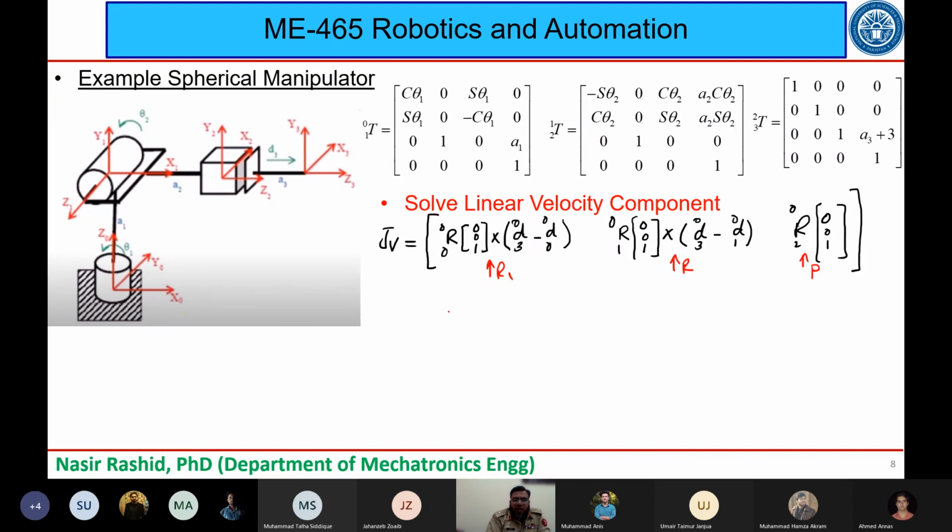सो लेट अस फर्स्ट R1 के लिए अगर मैं सॉल्व करूं तो मुझे ये निकालना है, तो मैं यहाँ पे जस्ट लेट मी राइट इट डाउन के R0 0 0 0 1 क्रॉस D3 to 0 माइनस D0 to 0, ये किसके बराबर होगा। R0 to 0 इज आइडेंटिटी, और आइडेंटिटी को जब मैं 0 0 1 से मल्टीप्लाई करूंगा तो मेरे पास ये 0 0 1 ही आ जाएगा। और अब इसका मैंने क्रॉस प्रोडक्ट करना, तो क्रॉस प्रोडक्ट क्या है, सबसे पहले D3 to 0, ठीक है, और D3 to 0 क्या है